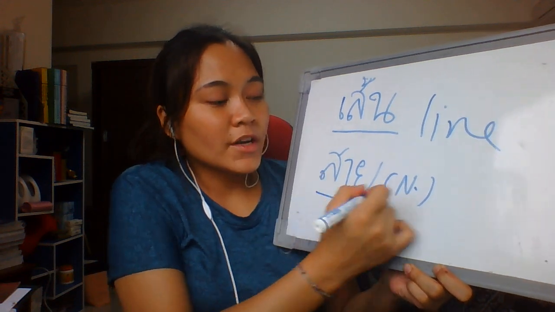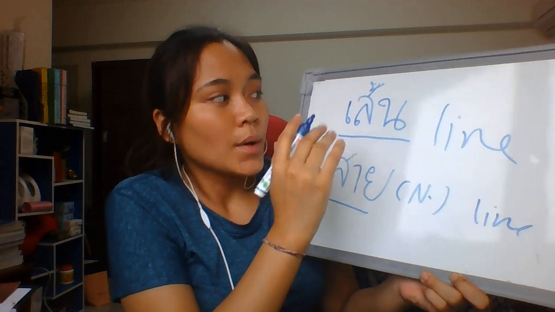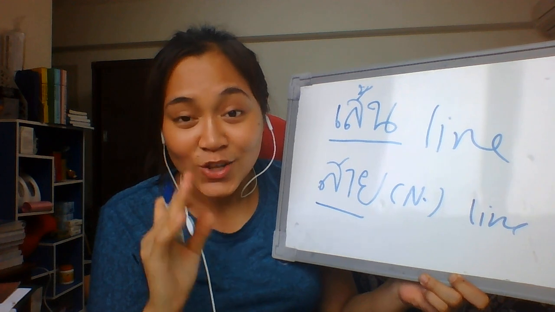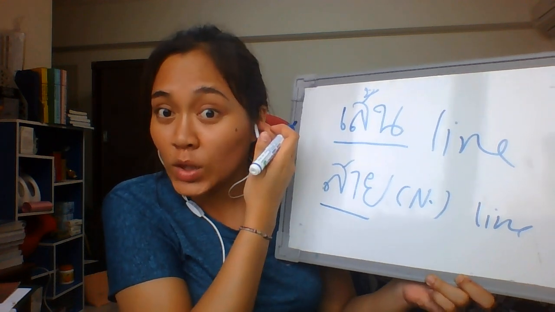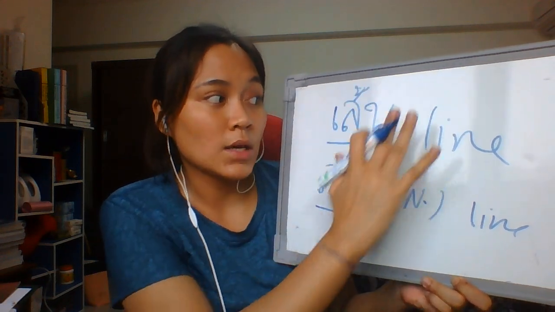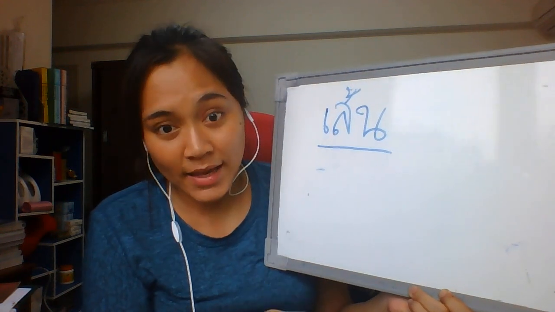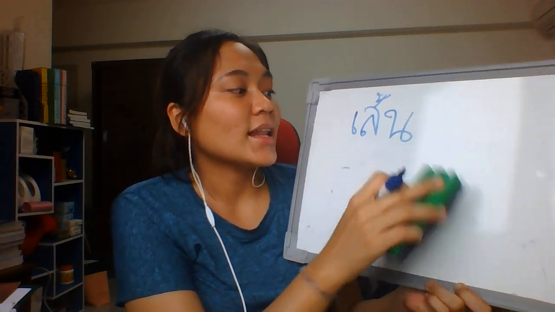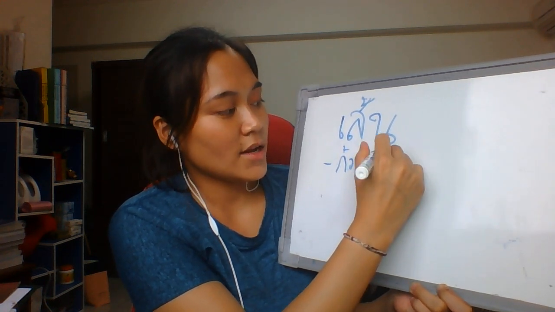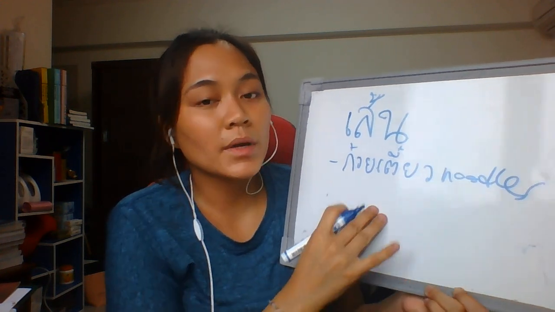You probably have heard it as something to do with a line as well. So สาย is not a physical line. You cannot see it, but sen, you can really see it. So this is the main difference. Okay, normally when we're talking about the word sen, we're talking about sen as in sen kway teow. Kway teow means noodles. So you probably have heard of sen kway teow as sen mi.